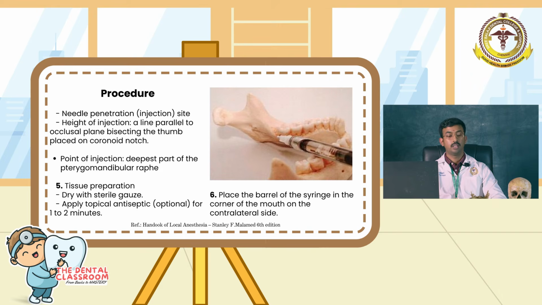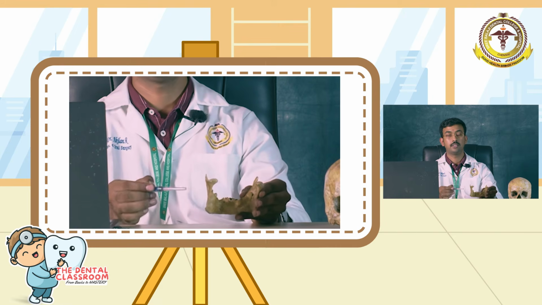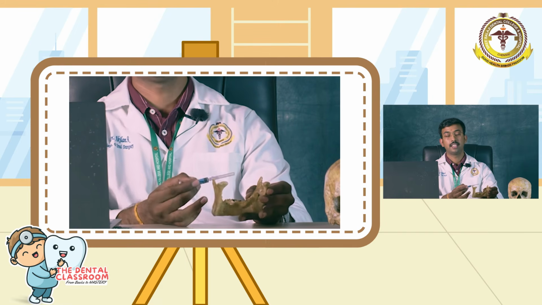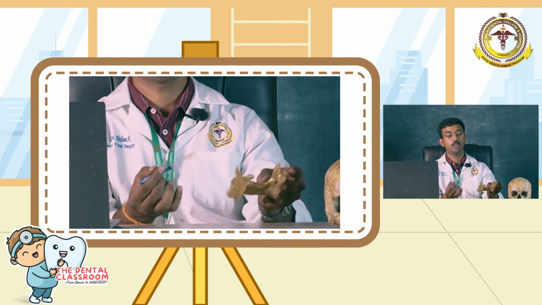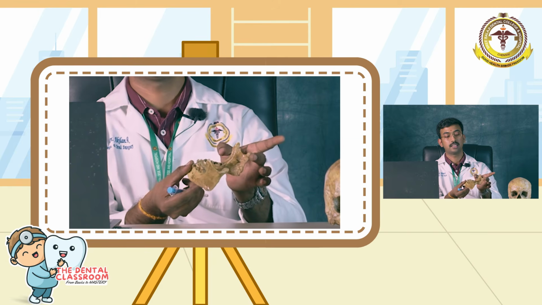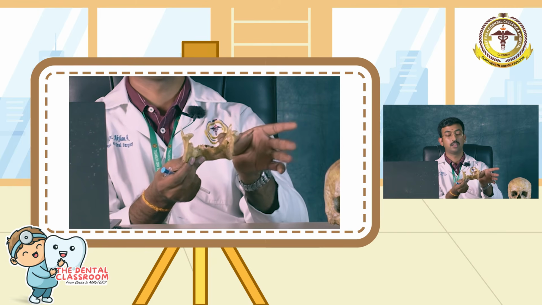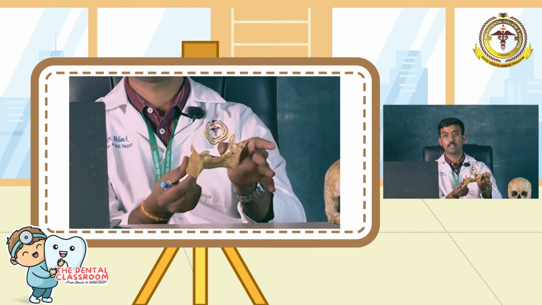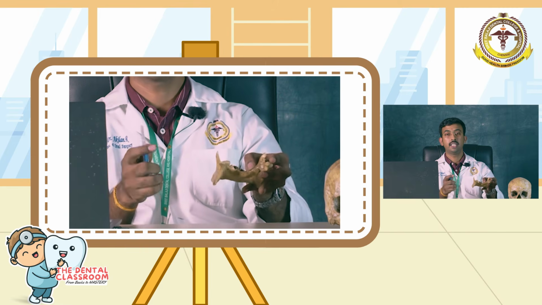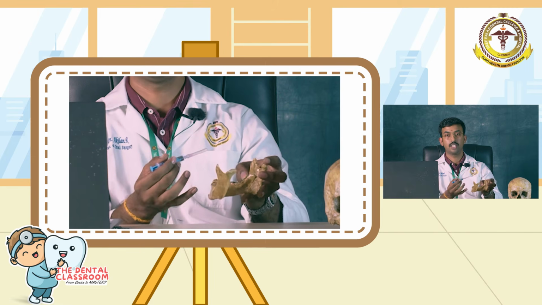Followed by this, after locating the site of insertion of the needle, we have to place the barrel of the syringe in the corner of the mouth on the contralateral side. Say, for example, I am about to administer local anesthesia for IANB on the right side of the patient. Now, I have to locate my landmark, the coronoid notch, using my non-dominant hand, which is my left thumb. After palpating the coronoid notch, I will take my needle and approach from the contralateral side of the patient,